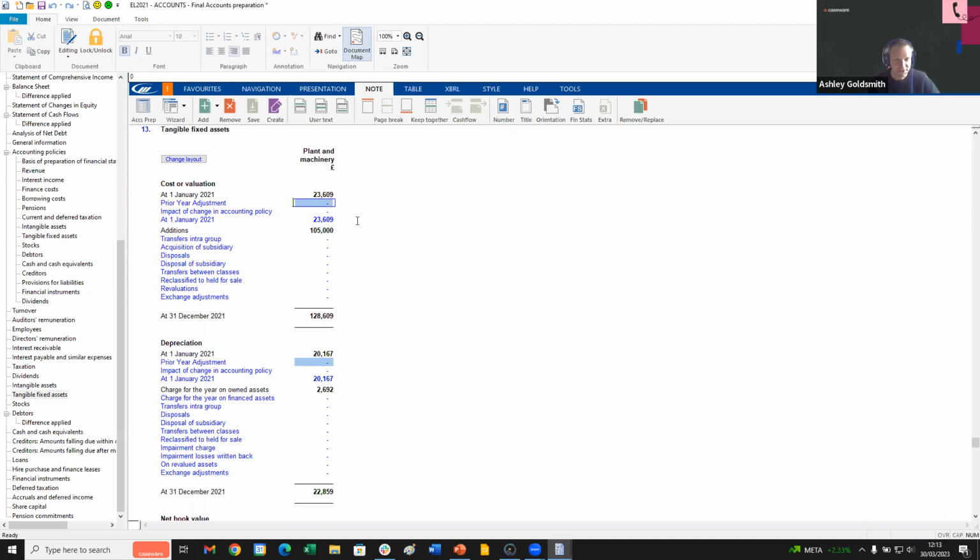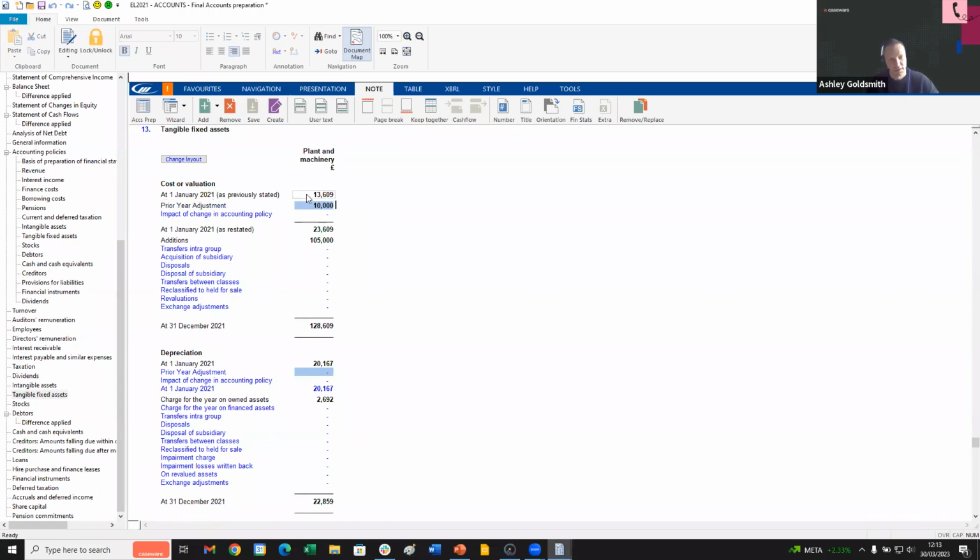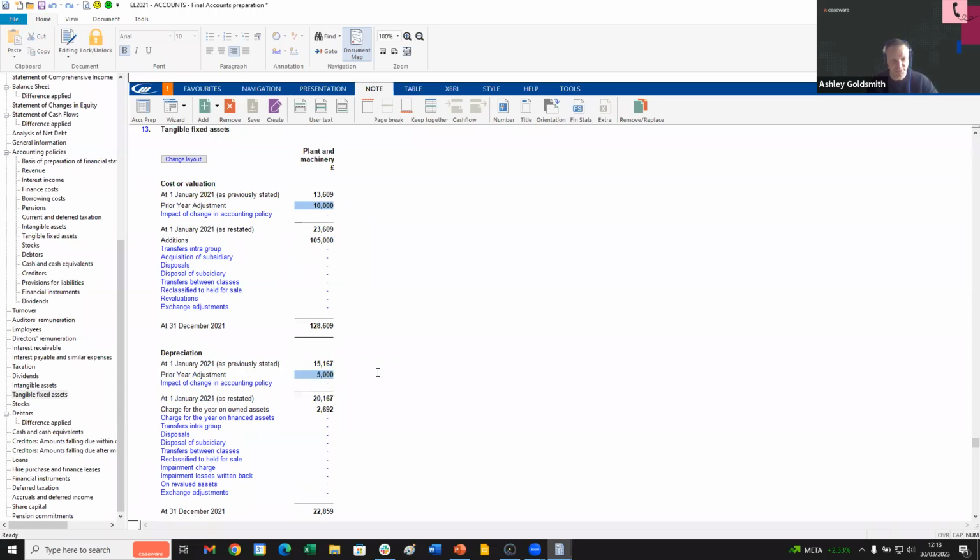So basically, the issue we had was that if you entered in a prior year adjustment, as I'm doing here, you can see that in my example file, the as restated amount is automatically calculated and we get this subtotal underline appearing. And the same would apply if we had a prior adjustment within the depreciation section as well. Okay, now, if I was to do a print preview,